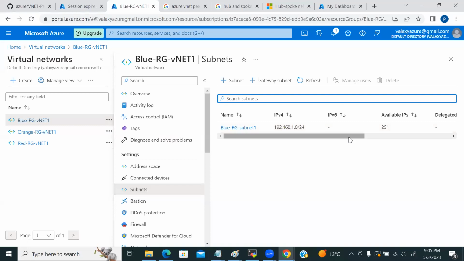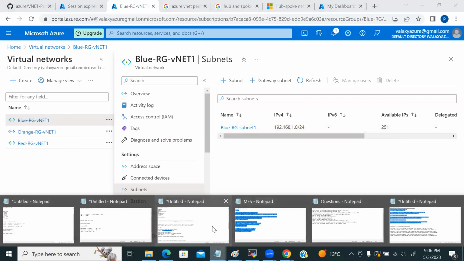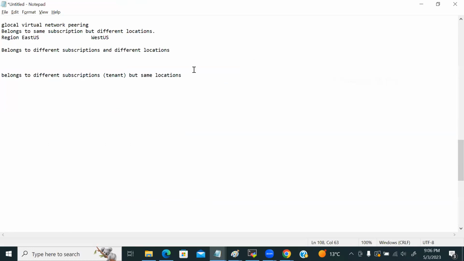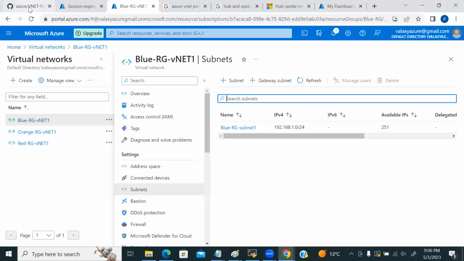One subnet has been created and 251 IPs are available, because slash 24 means this is class C. Basically, you should get 254 IPs. What about these three IPs? Whenever you create a class C IP range, you should get how many? 254 IPs by default. If you remember in the subnet calculator,